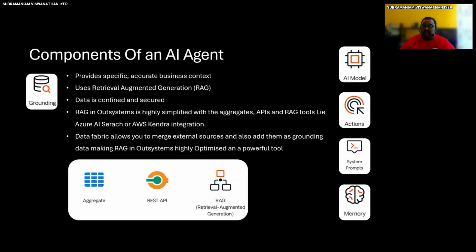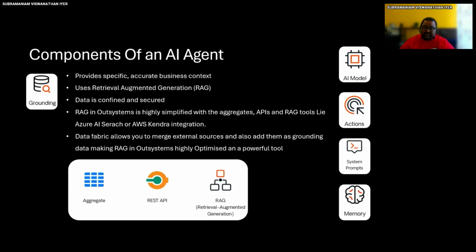However, in OutSystems, it is extremely simple. You can do it with three different types of tools. You can do it with aggregates, where you can simply fetch an aggregate and then use the build messages platform, or the pattern, to convert that aggregate data. First, serialize it into a JSON, and then add it to the prompt,